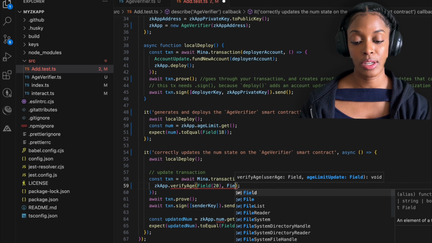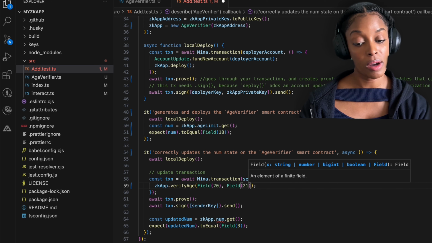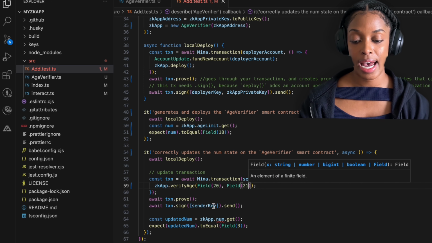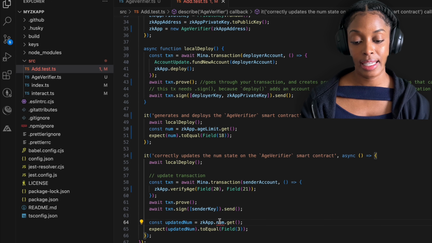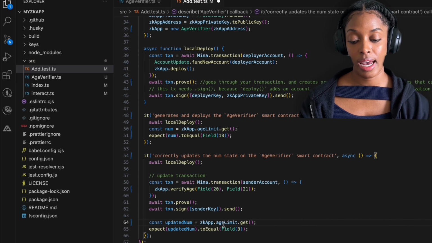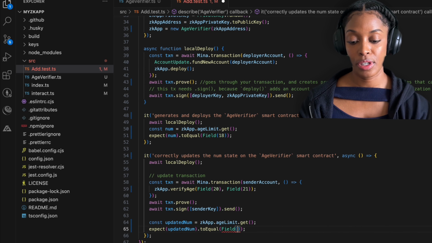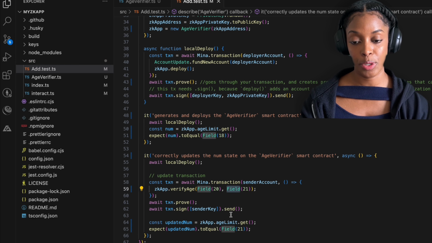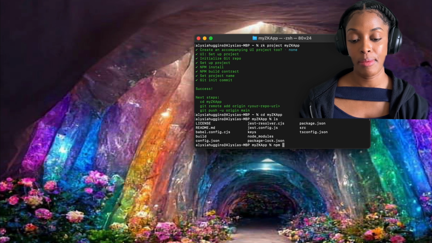And that person is going to update it to 21 as the age limit. And then we just want to verify that it has been updated. So we have to get the age limit here. And then we're going to make sure that the updated number is now 21 because that's what we said the age limit would be. So now to run this test, we will need to go here and then we can say npm